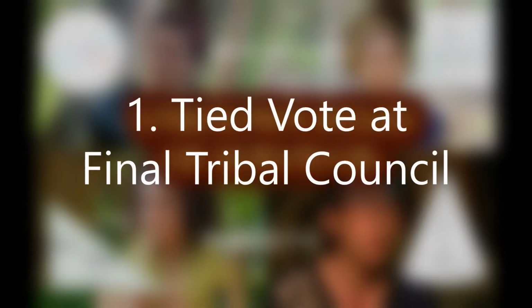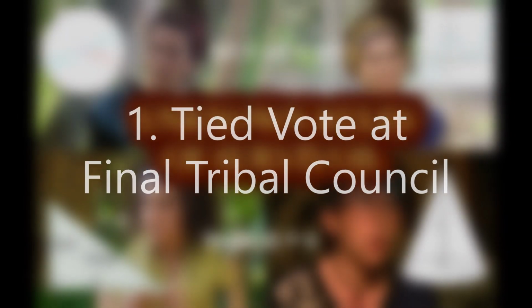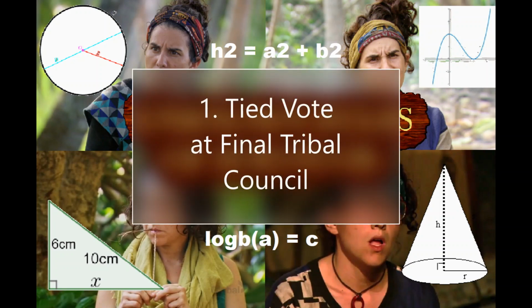The first thing we're going to be discussing is a tied final tribal council vote. So within Survivor Ghost Island, we were able to see what happened in the case of a tied final tribal council vote in the circumstances of a 5-5-0 vote, with Wendell getting 5, Dom getting 5, and Laurel getting 0. And this rule was revealed that Laurel, the 0 vote finalist, made the deciding vote for the winner of this season. But what would happen in the event that all the finalists received the exact same amount of votes?